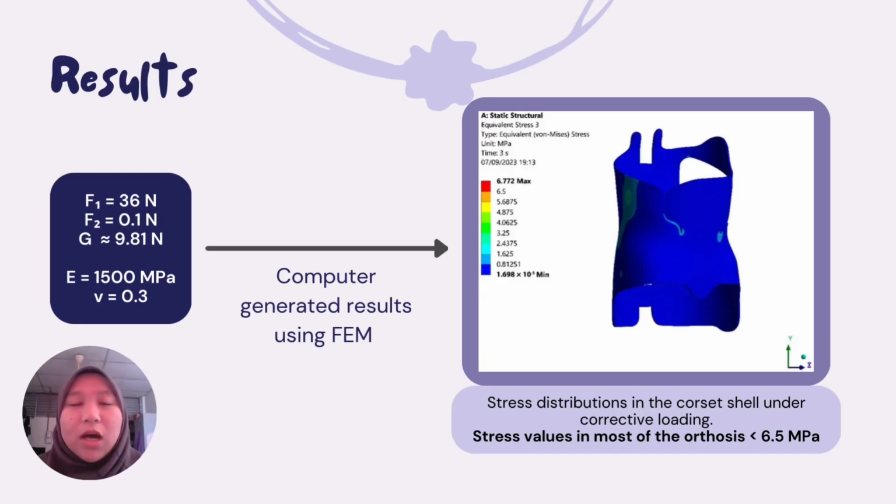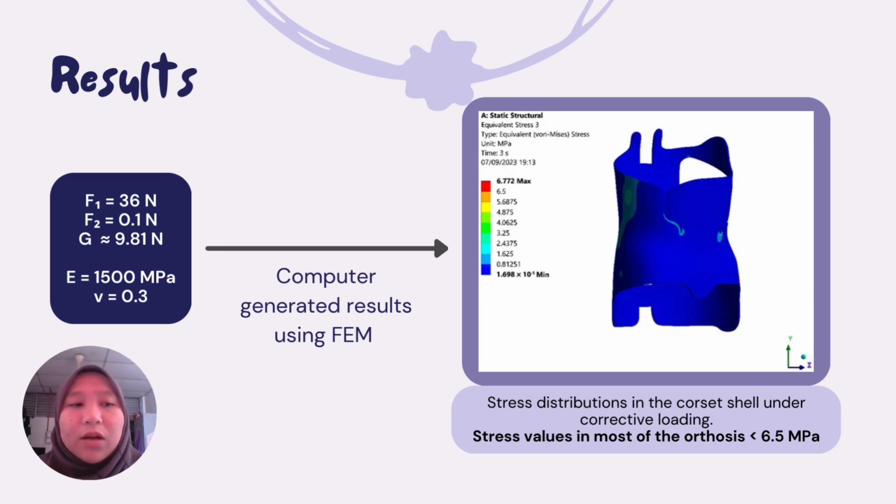orthosis. Now, I will discuss the results obtained from computational examinations of an orthosis under loading conditions based on previous FEM studies. A 36 Newton load labeled as F1 was applied to the numerical model to simulate physiological loading conditions. An additional force F2 of 0.1 Newton was also applied. Polypropylene with Young's modulus E of 1500 megapascals and a Poisson's ratio v of 0.3 was chosen as the shell material. The accuracy of this model was validated using electronic speckle pattern interferometry, or ESPI, on a test bench for